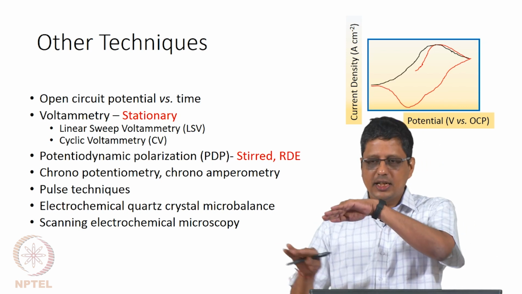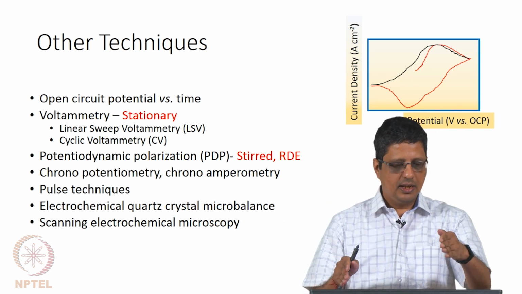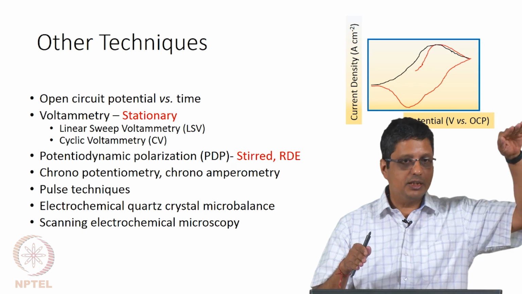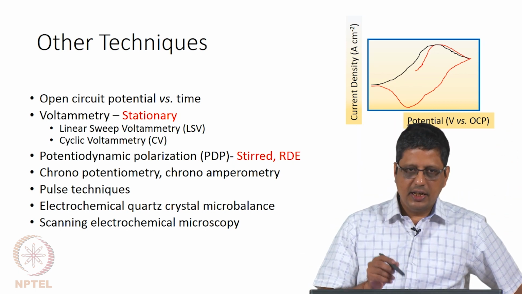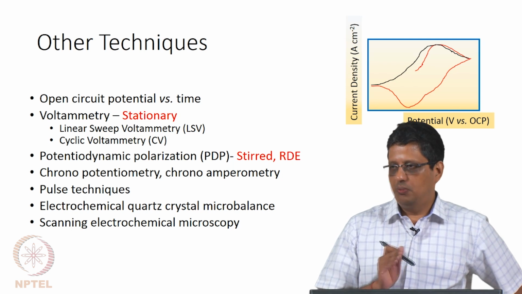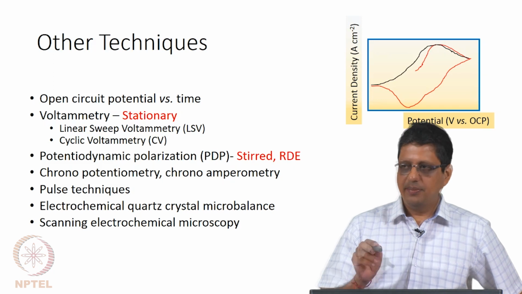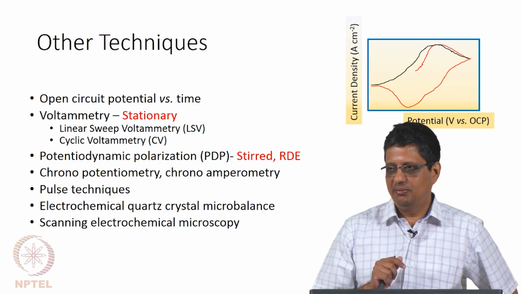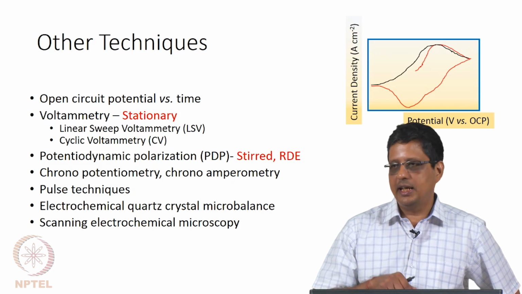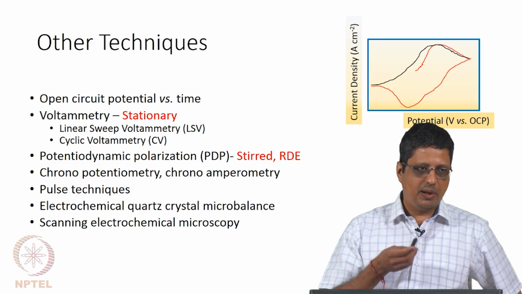So, it is like potential versus time: potential will increase, decrease, come below the original potential possibly, and then go up and come down again. When it is stationary, diffusion will also play a role, and most of the interpretations in the book will use that it is stationary. Now, it is possible for you to rotate the electrode and run cyclic voltammetry. You will get the data, it will not look like this because diffusion will not play a role. So, you have to run the experiment correctly.